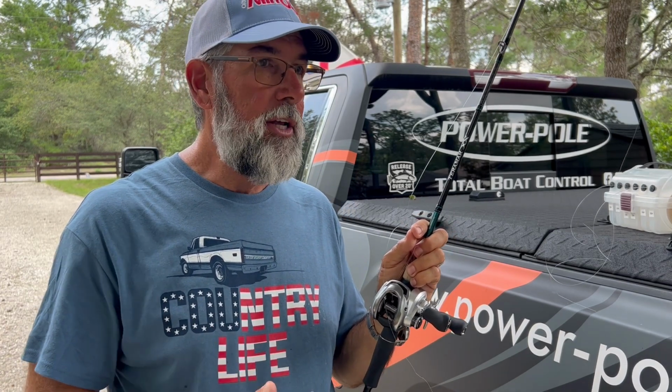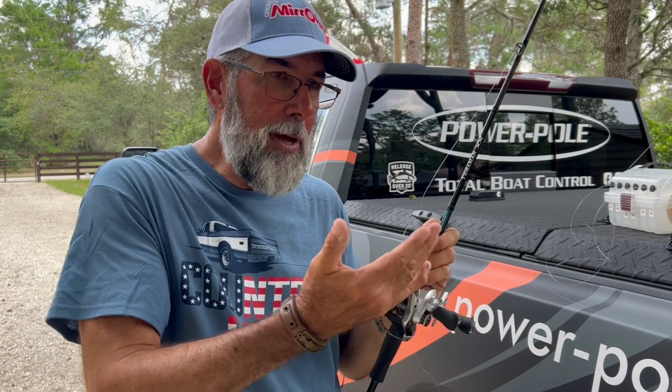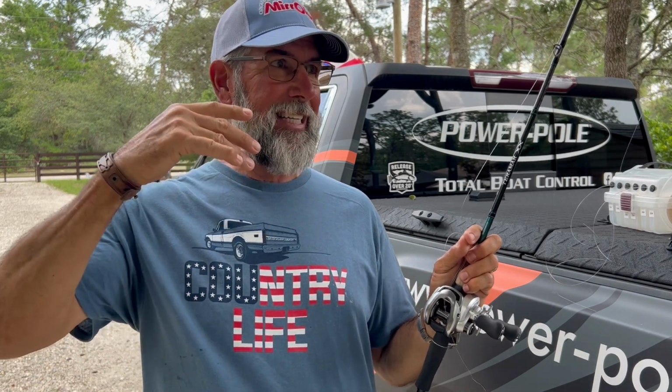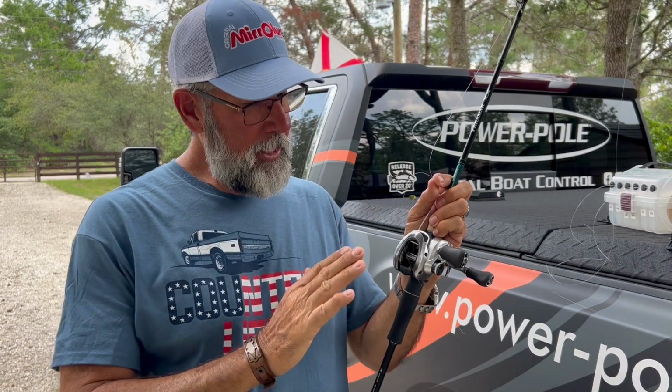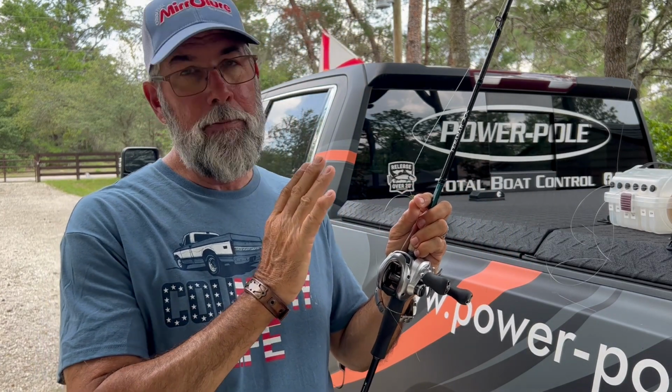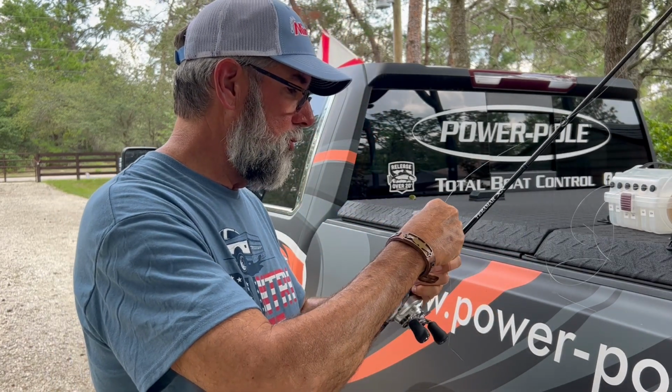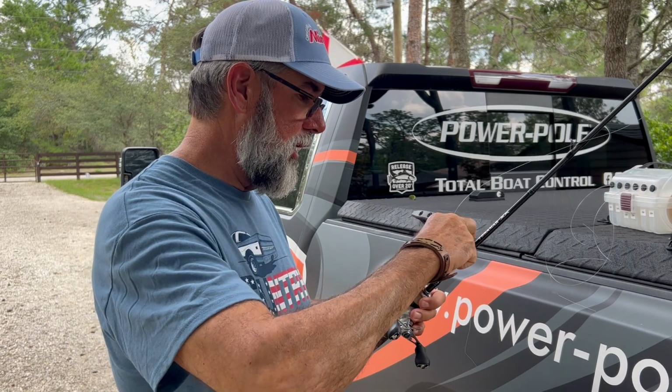So I'd fill 20% of the spool up with that, and then I'd tie on a braid. In a lot of cases, if I need casting distance, I put 20 pound braid on. If I need what I would call medium strength fishing around cover, I'd probably put 30, maybe 40. And if I was fishing structure, like I knew I was going to have to leverage fish, I would go as high as 50 or 65 pound braid. Yes, I said 50 or 65 pound braid. But when I'm putting on mono, or fluorocarbon, I just use what's on the spool and I'll get there. So I'm going to tie a quick